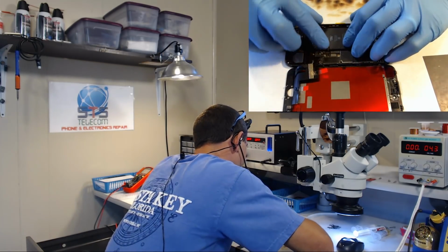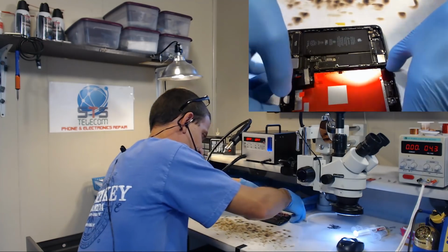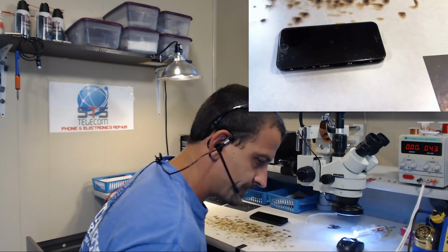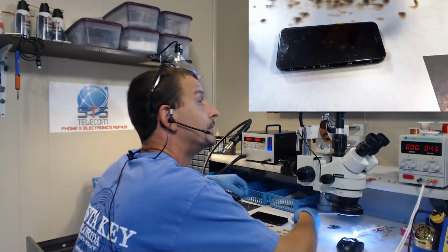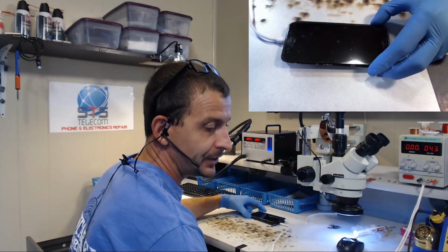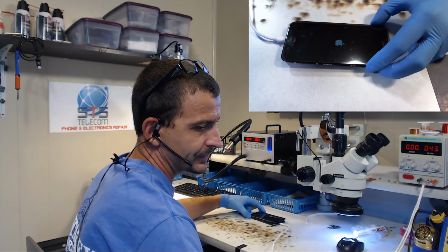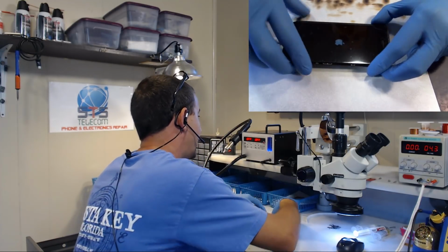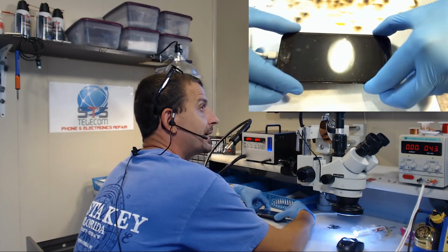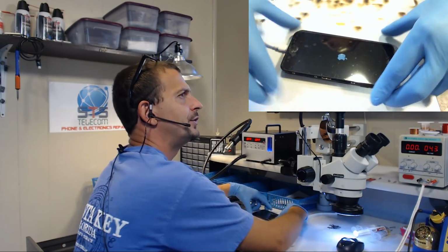I am going to go ahead and hook up the customer's battery. And then I'm going to drag over a charger. We're going to plug in the charger. Now I am using a USB amp meter here for like the first time since ever, and we're getting about an amp of charging current. So this thing is actually drawing a charge. And we're going to let the phone boot. Now while that phone boots,